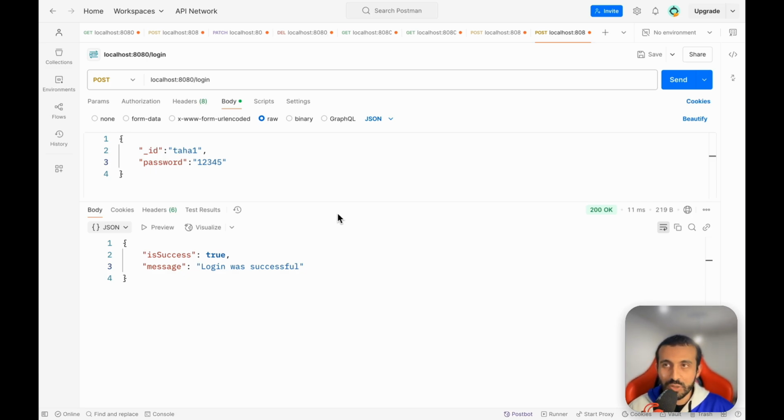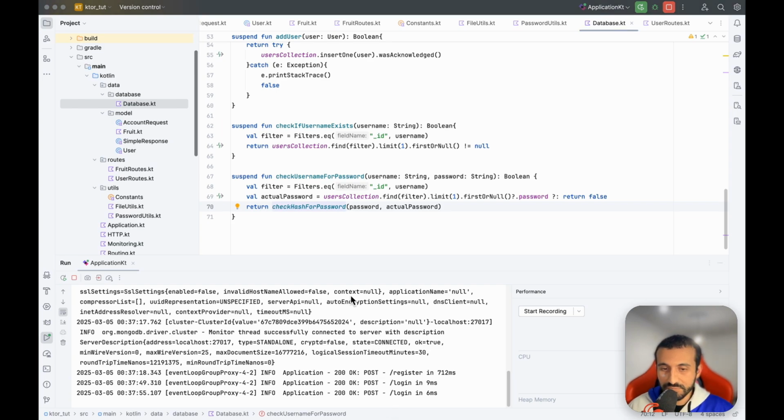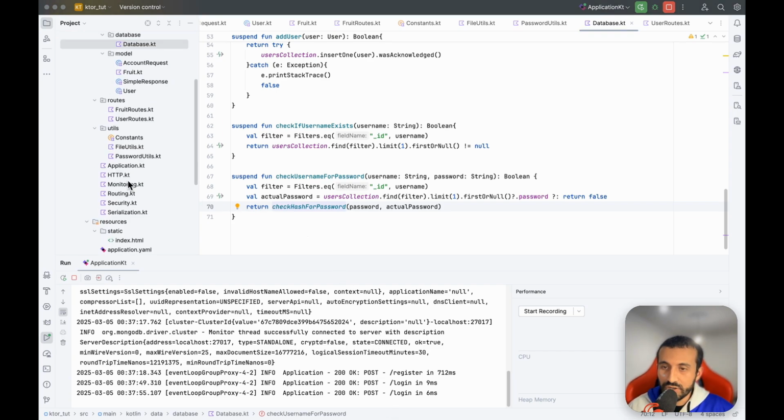But how can we protect specific endpoints, like the add fruit endpoint, for example, from being used by anyone? Because we want only registered users to be able to make calls to that endpoint. We go back to IntelliJ, and here we are going to take a look at the security.kt file, which is one of the plugins that we've installed in the very first video when we created our project. Now, if you haven't added this when you created your project, don't worry. You can go to the blog post and it will show you the exact dependencies that you need to add, and you can create this security.kt file